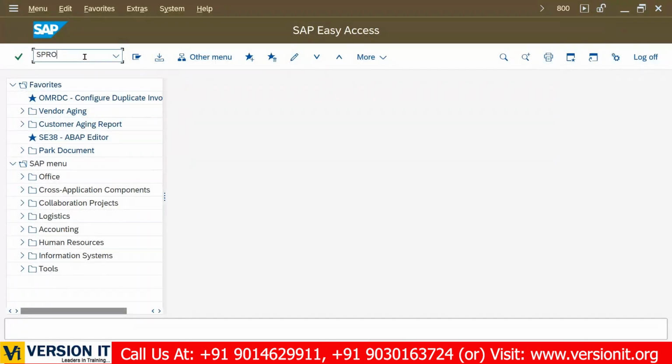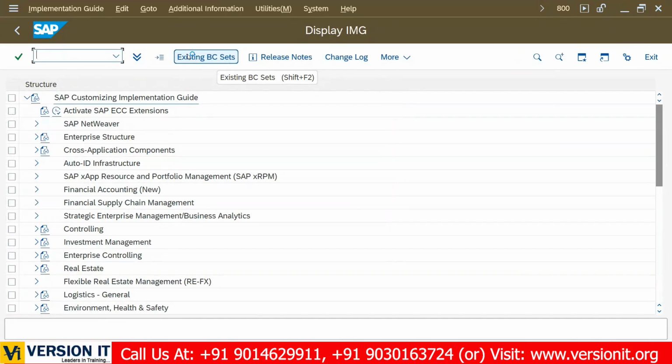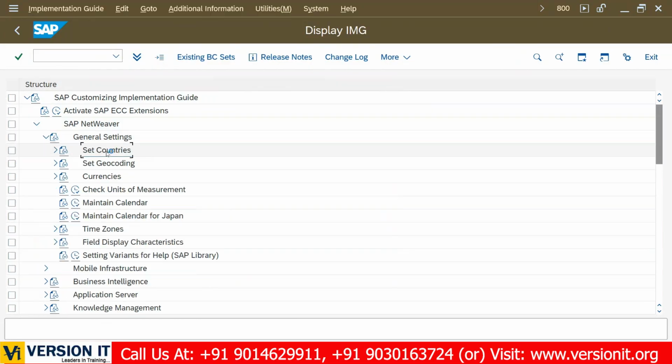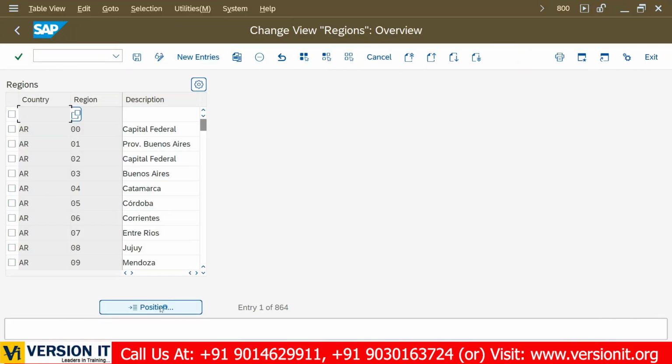SPRO in the transaction bar. Click on the SAP Reference IMG icon, SAP NetWeaver, General Settings, Set Countries, Insert Regions, execute, click on position, country